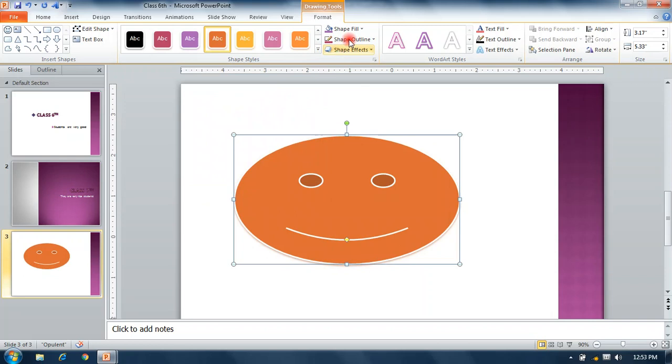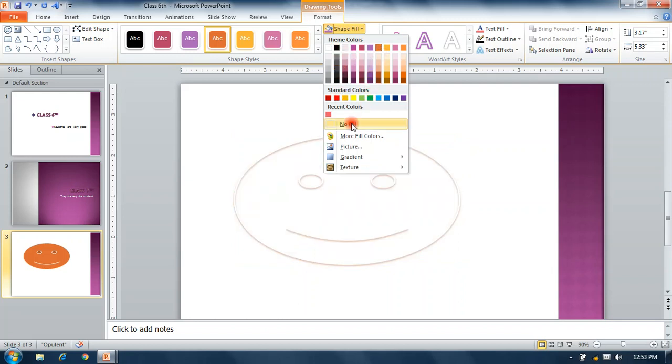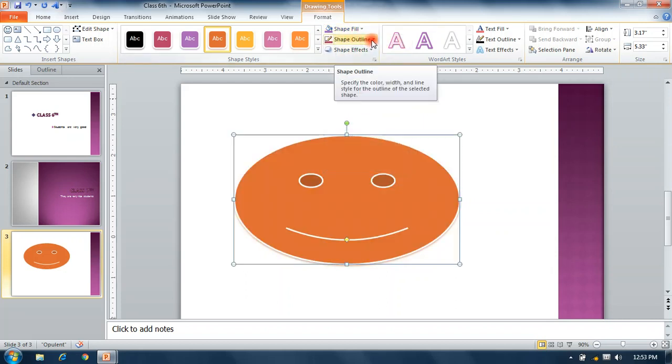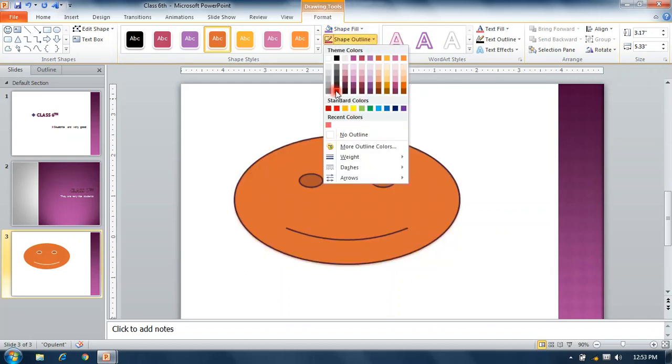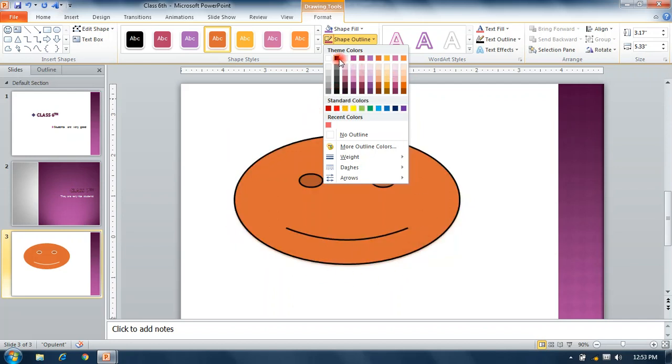We can fill our shape, selecting any color, or no fill, which means no color in the shape. For more fill colors we can select other colors. Shape layout represents the boundary, which we can see change according to the selected color.